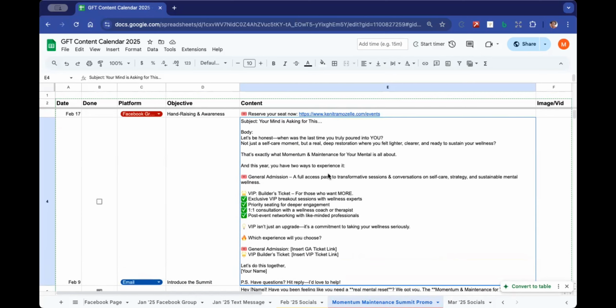I'm gonna grab it, copy it. There'll be another column for a time because the time that you send these emails is important. So we're going to copy the text. It's telling you the subject. It's giving you the body of the information and if there's a PS or anything on there. All right, let's flip over to